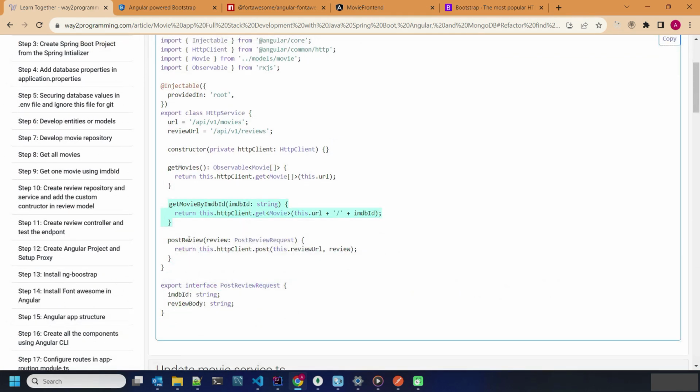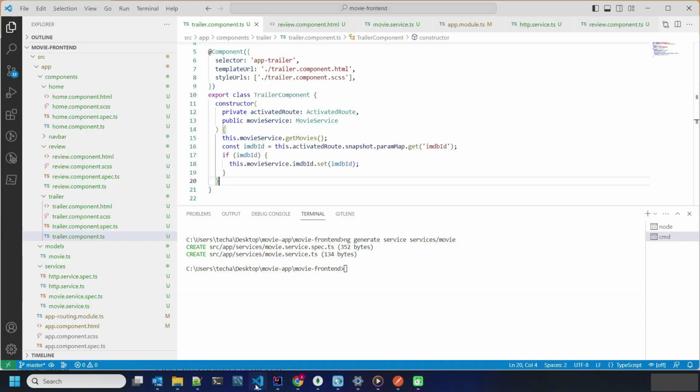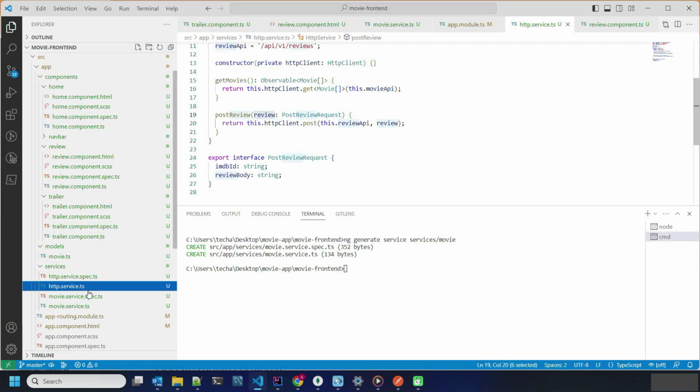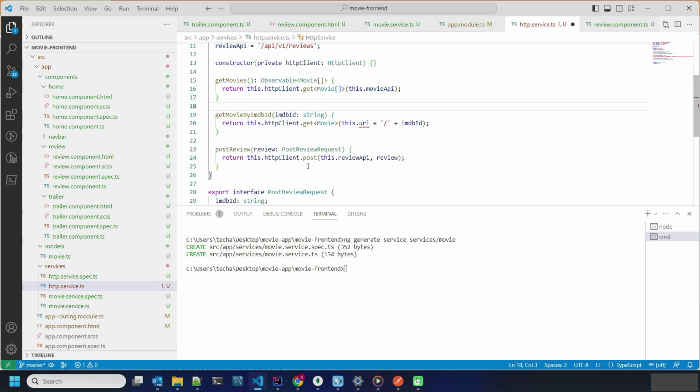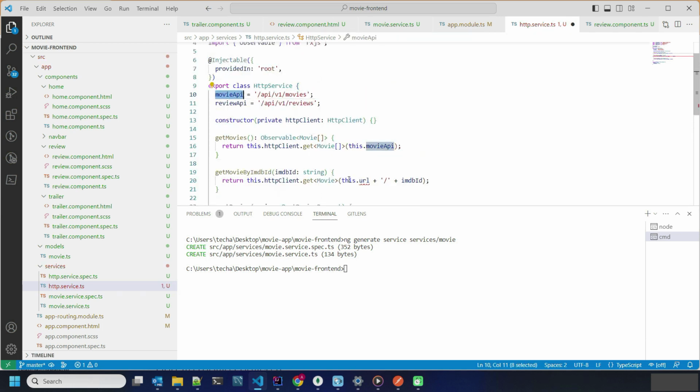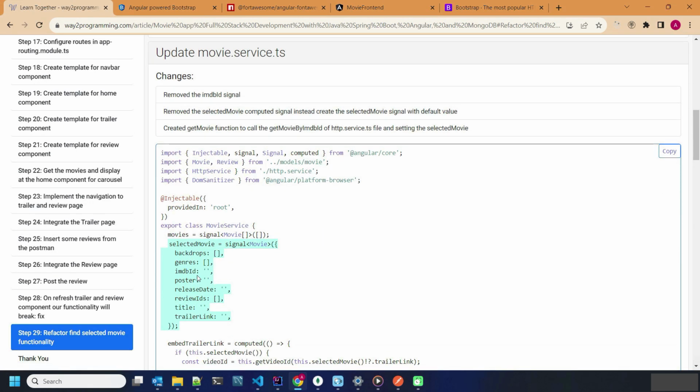The first change is we need to create one function, get movie by imdbId. So go to our HTTP service file and paste it here. So our movie API we need, okay, and after that we need to remove the computed